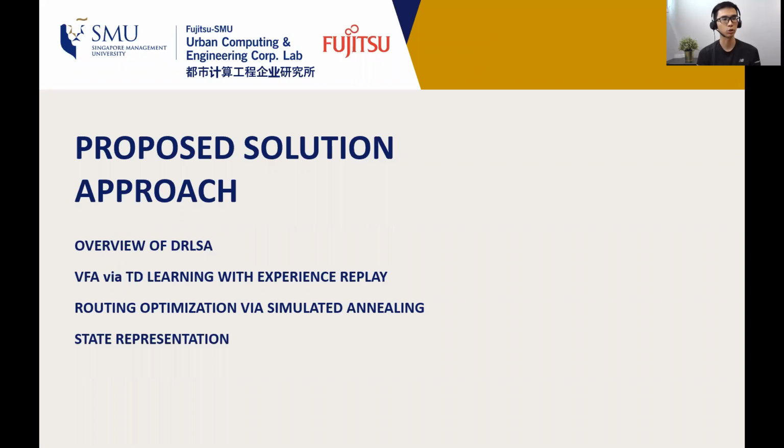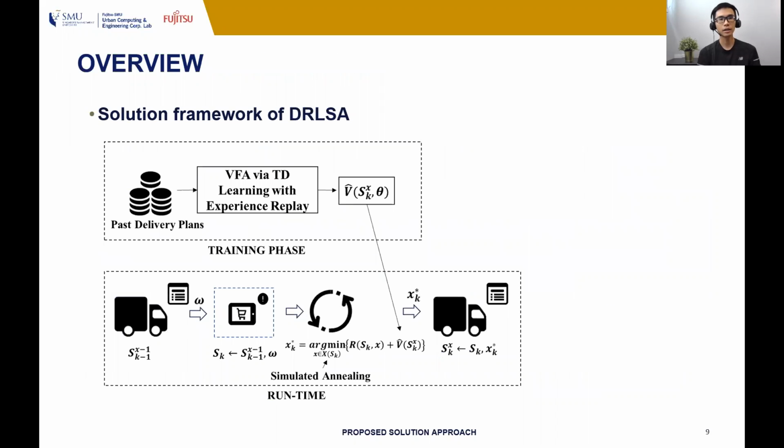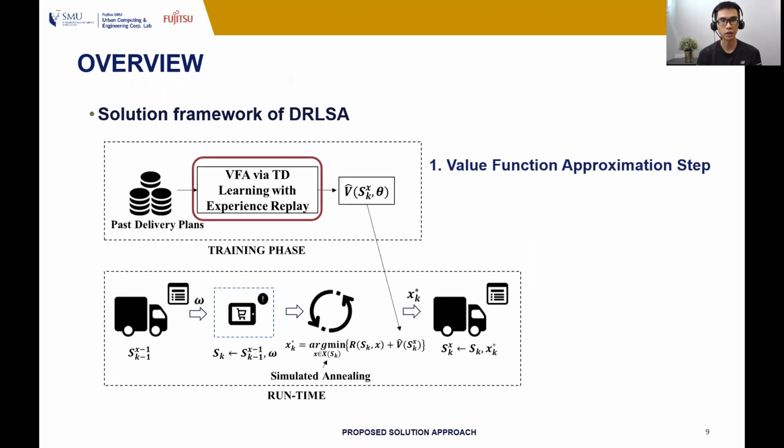So let's move on to the proposed solution approach, which we call DRLSA. DRLSA consists of two phases. First is the training phase and the second is the execution phase at runtime. In the training phase, or we call it the value function approximation step, basically we use past historical delivery plans to approximate the value function. And having learned the value function, this will be used during the runtime, during the execution